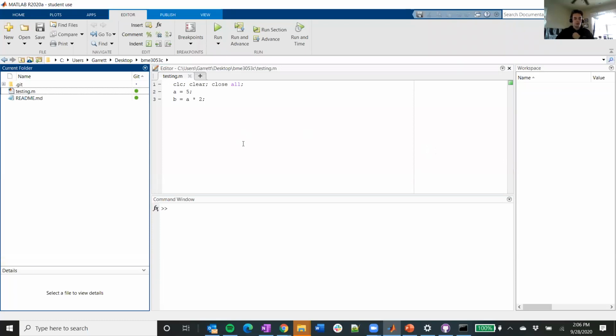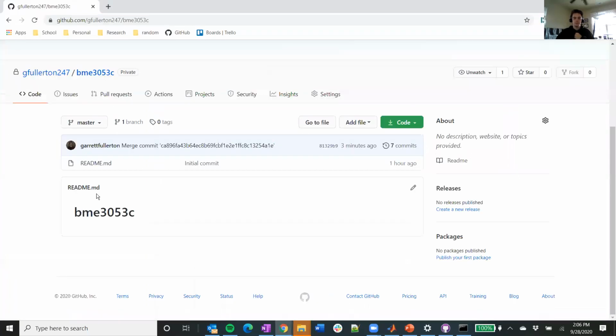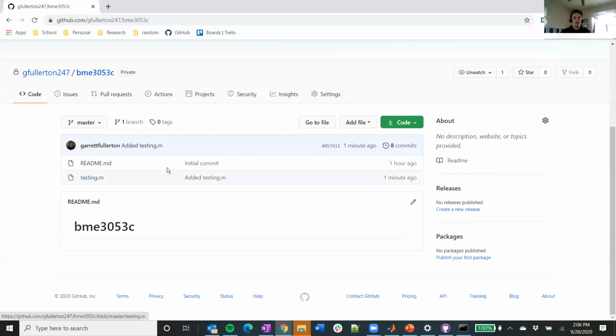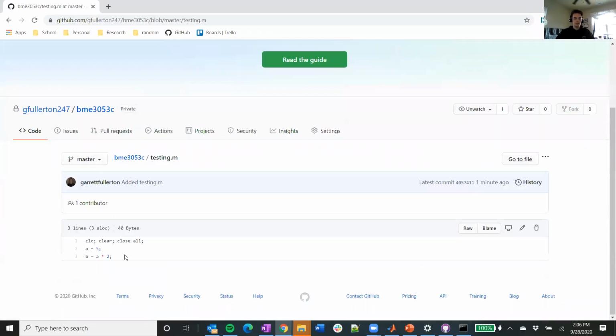Okay, so all I did was put in my login info and press enter. So now if we go back to that repository, we should be able to see that testing.m file has been added with the commit message "added testing.m." If we click on this file, we'll be able to see all the code we wrote,